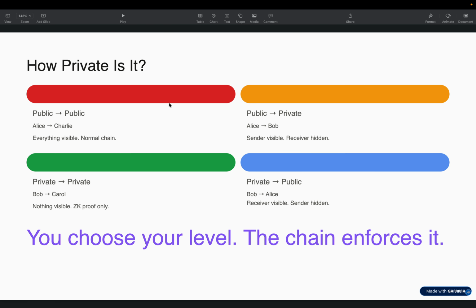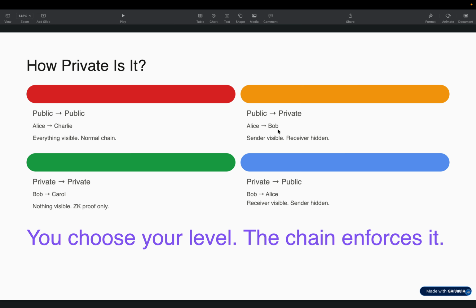So how does this private transfer work? For example, if Alice and Charlie use their public accounts and Alice sends to Charlie, it goes normally. Bob is someone who wants to keep his data private, so he has switched on his private receivings. Whenever Alice sends money to Bob, in the explorer or on the blockchain it will show that Alice has sent money to the shielded pool, but to whom nobody knows.